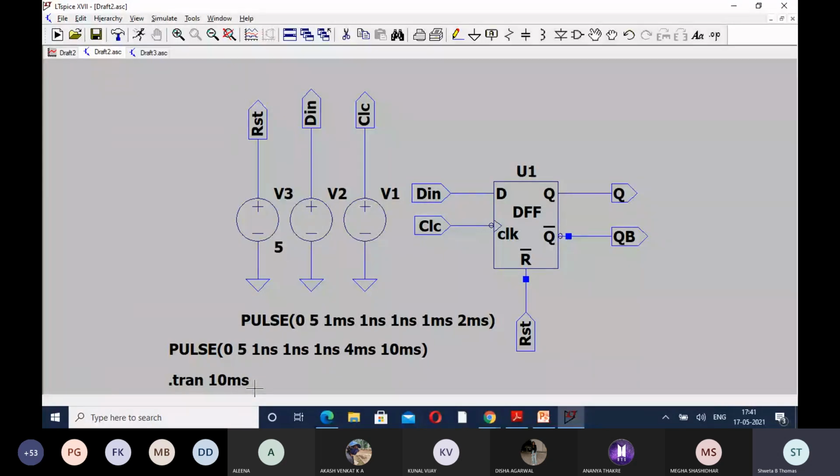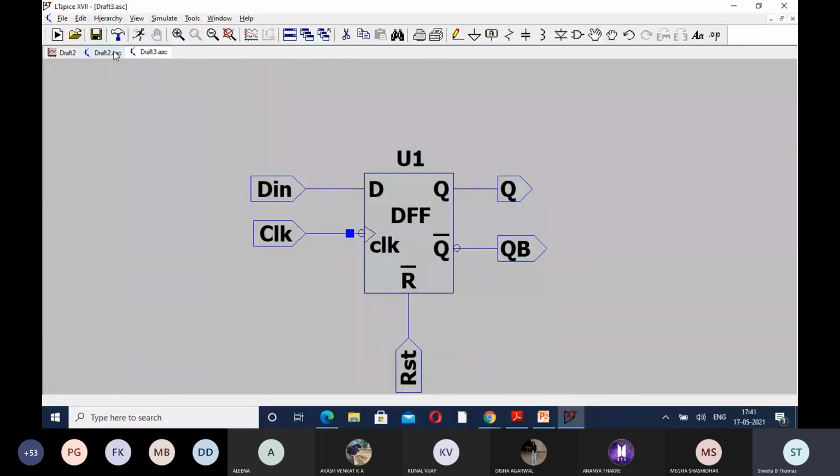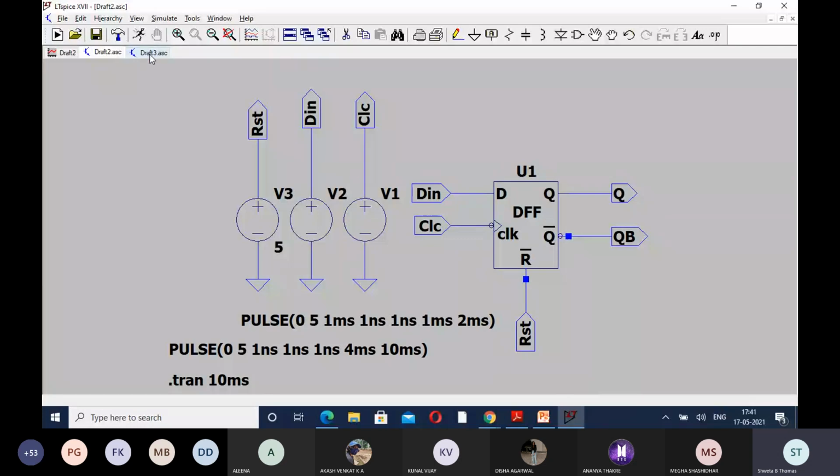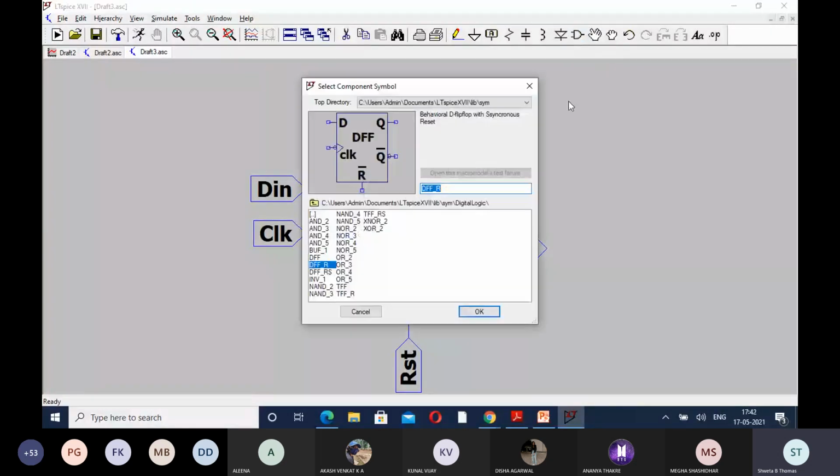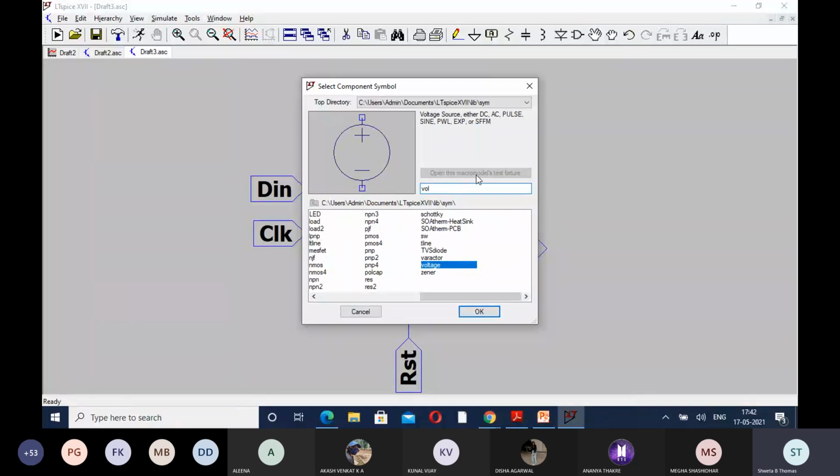And this 10 millisecond is the simulation time, which I'll discuss later. So first we will take the voltage source. Actually, I made the circuit before, maybe if some confusion is there, I can revise it. So we'll take the voltage, same will go to the component, then voltage.